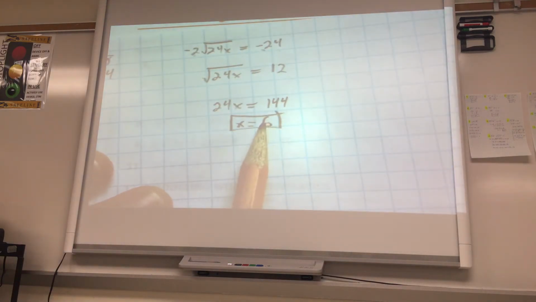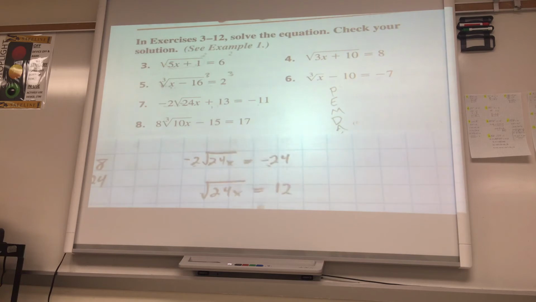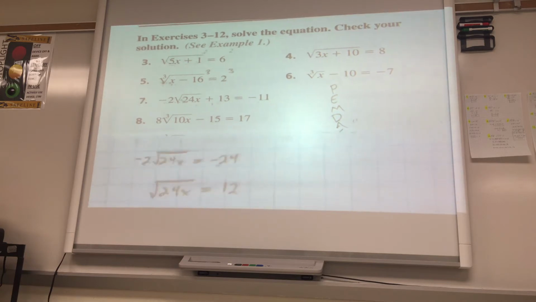Of course, if I wanted to check, I can take that x equals 6, plug it back into my original equation right here, and the x, and it should end up equaling negative 11 when all is said and done. Okay, let's do